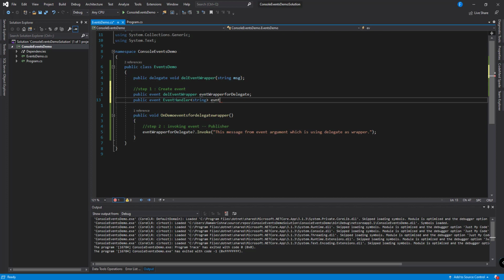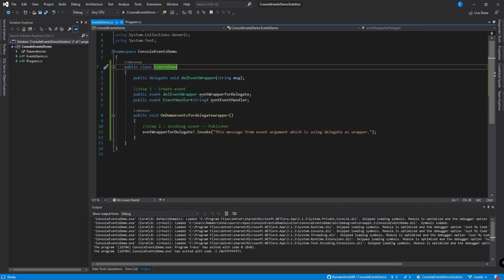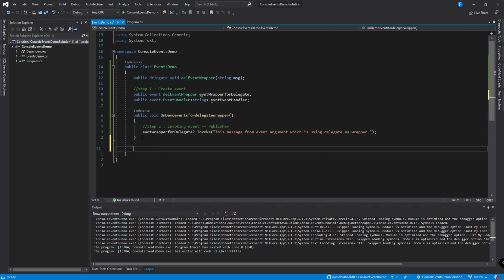Event handler. That's it. Now we created an event with EventHandler. To invoke this event, let me have a method, public void.